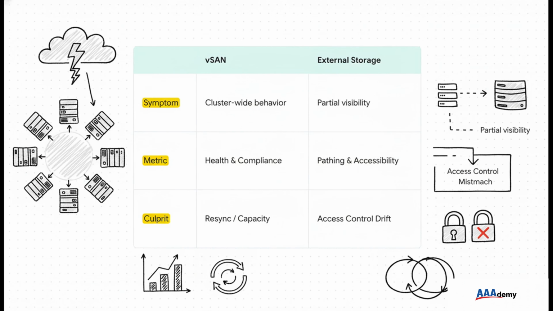For vSAN, the symptom is cluster-wide behavior. You're going to be watching cluster health, and a super common culprit is a resync or just simple capacity pressure. For external storage, the symptom is often partial visibility. You're watching pathing like a hawk, and the most common culprit is almost always an access control mismatch, like zoning